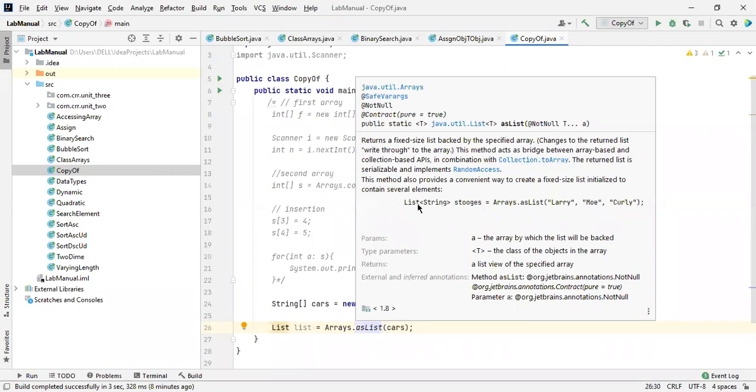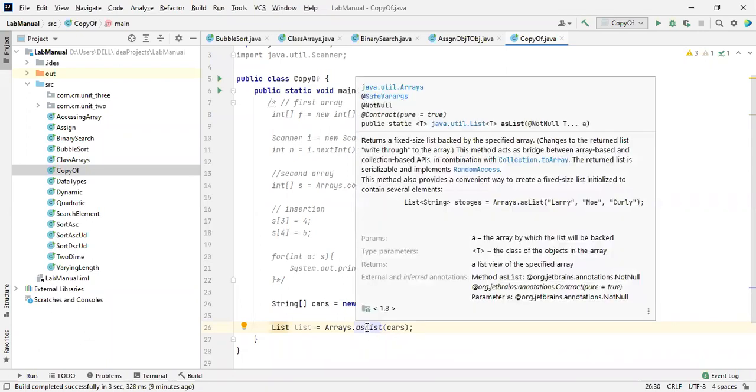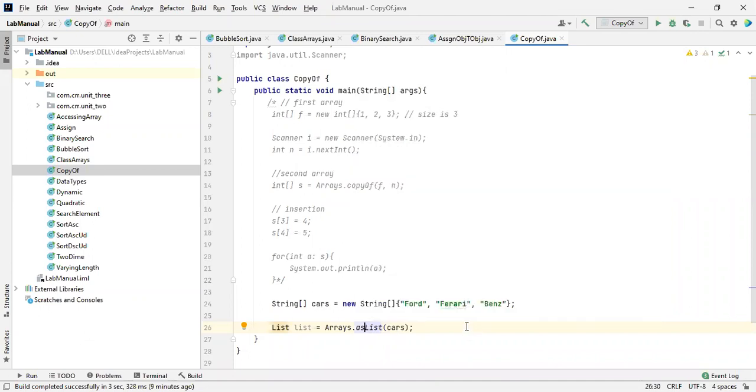So see this list of strings, stooges, what are all the things, Arrays.asList, Larry, Moe, and Curly. They mentioned it in this way, and they converted the values of an array directly over here. What we did, we declared an array over here, and then we passed it. According to them, they just directly passed all values. You won't get anything, just there is a braces. Inside that, all these values are separated by commas. Let me show you that.